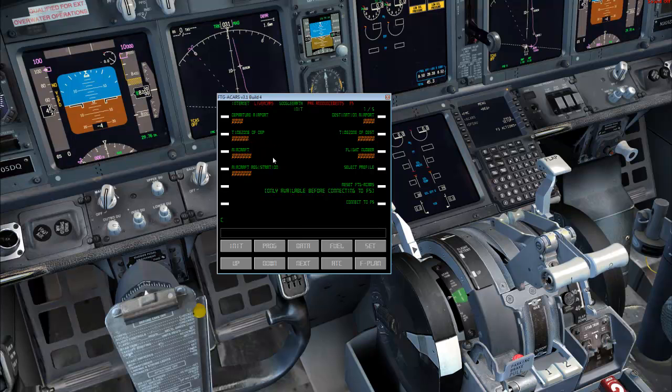And by default, another thing is, if you want to see your flight live on a map, you want to turn on live ACARS. Once it's green, that means it's turned on. Same thing for passenger announcements. You can turn it off or turn it on. I have it turned off because I don't want to be hearing the announcements during this demo, but I usually have them on anyway. So the 4 things you need to manually type into FTG ACARS before you get started is the airport departure code,